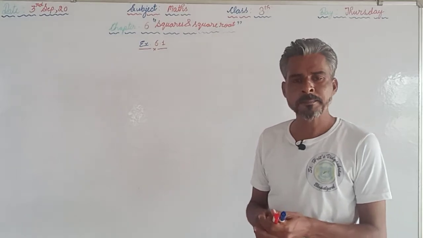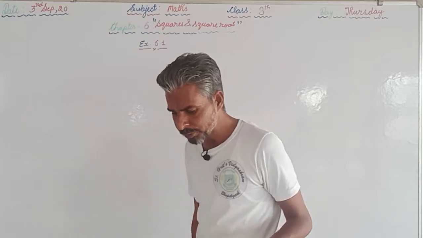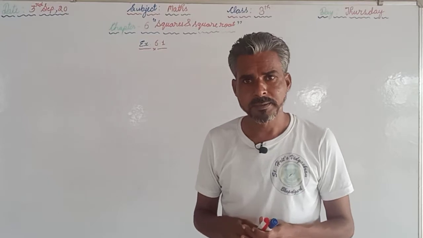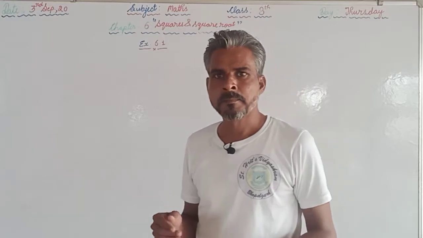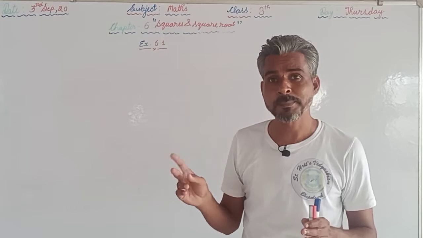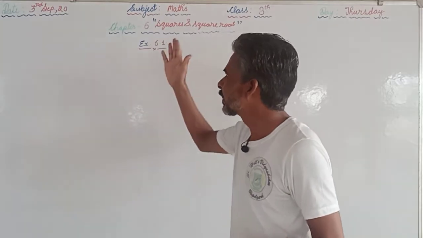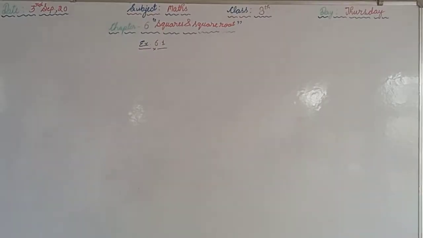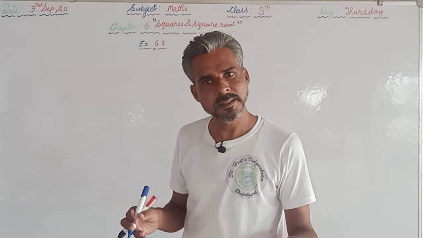This video is for class 8th and the subject is maths, and we are supposed to start a new chapter because we have already completed chapter number 3, that is understanding quadrilaterals. Afterwards, 2 chapters are of geometry, that is not easy to understand online. So we are skipping chapter number 4 and chapter number 5. Now we are directly discussing chapter number 6, that is squares and square roots. This chapter is also important for your future, for calculations in science as well as in maths.